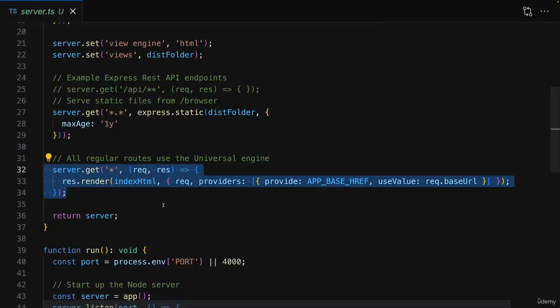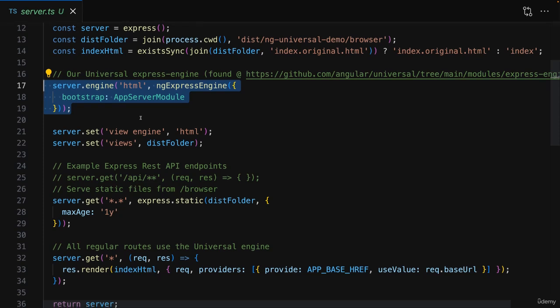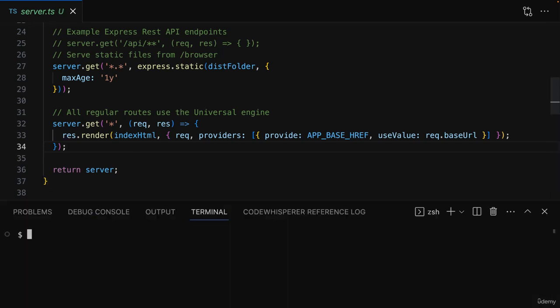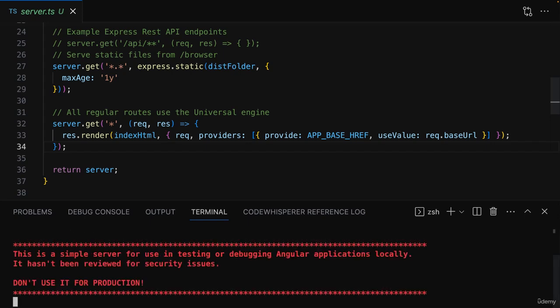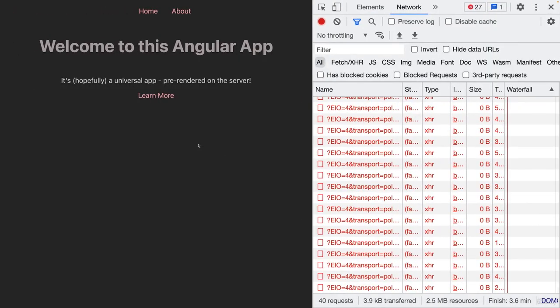Now this code here, on the other hand, does work together with this server engine to pre-render that first page that the user visits. And this code here is required because it in the end captures requests to different paths of your application so that different first pages can be pre-rendered. Because here, if I again run this development Angular Universal server here, you will notice that if I go back